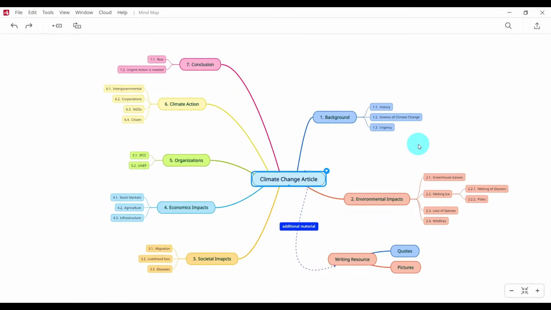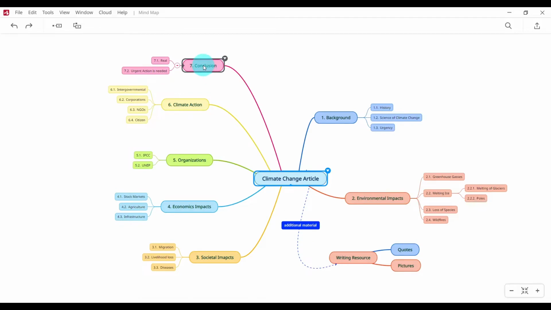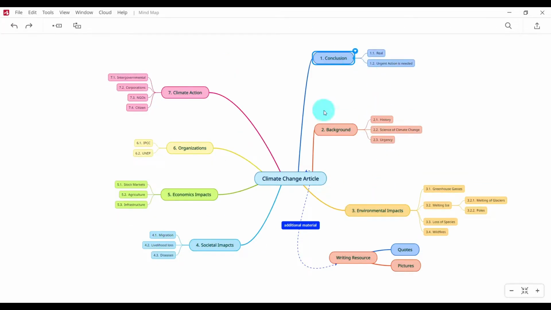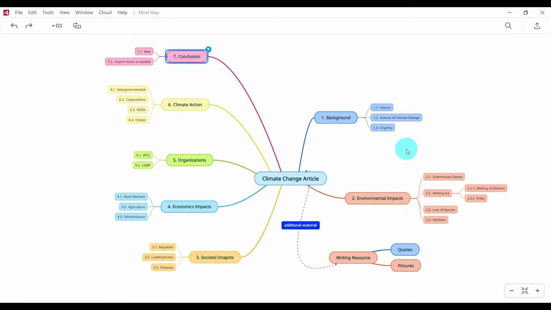So if you are not happy with the numbering, you can move these. For example, if I bring it onto this side, the numbering will change. It's, I think, probably moving in a clockwise direction, or the manner in which you have entered these boxes. You bring it onto this side, the numbering will be readjusted. So if you see any discrepancy in numbering, you can just simply move these boxes around and have numbering to